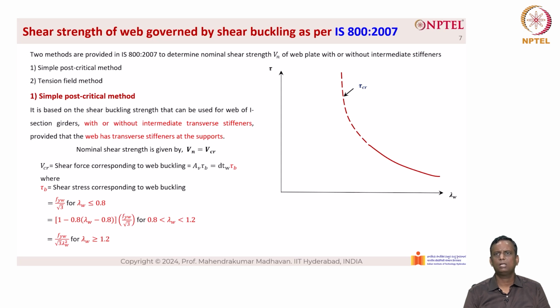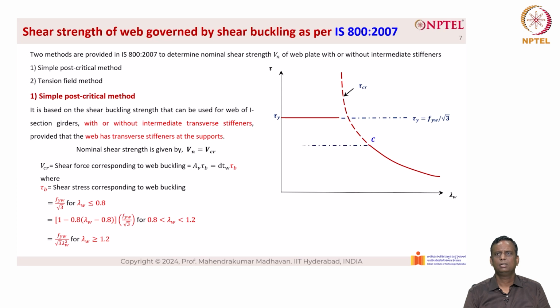You can see that the Euler curve is dotted after a certain point and then it is solid below a certain point. You will understand quickly why it is the case. You can see that it cannot increase or exceed tau sub y, which is the shear stress in yielding. So, it has to be cut off at that location, and then tau y we know that is Fyw divided